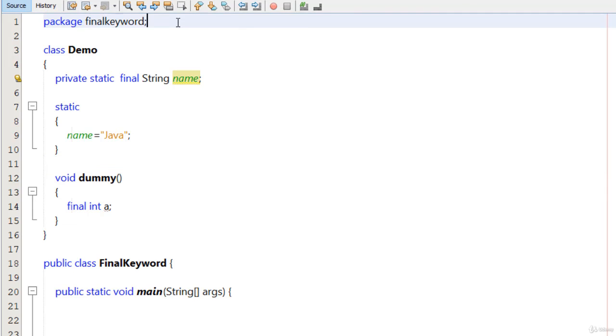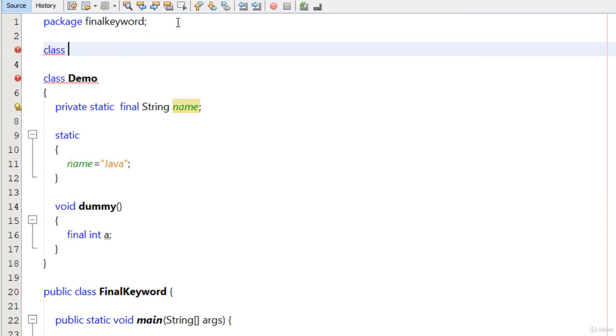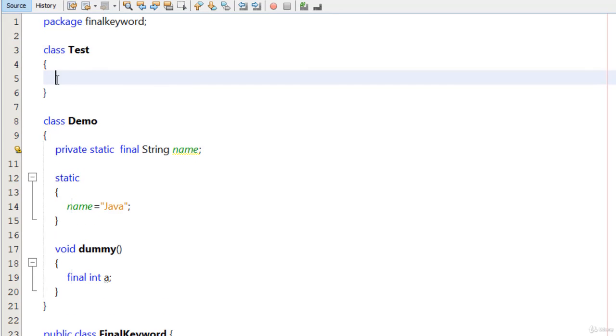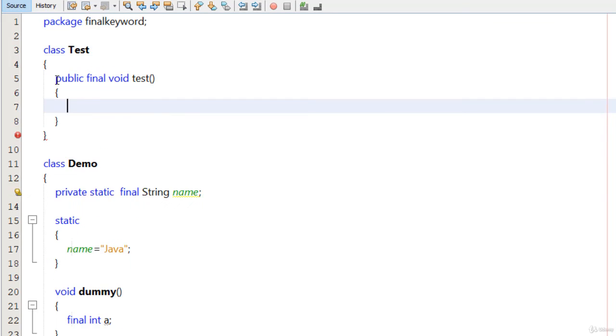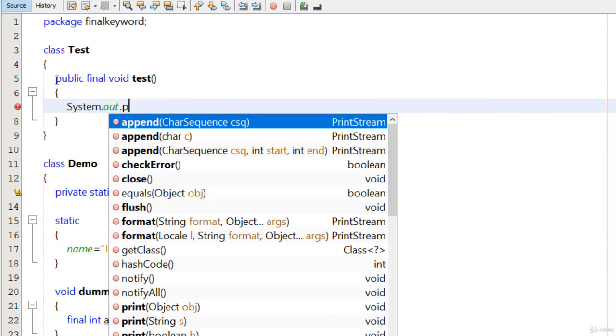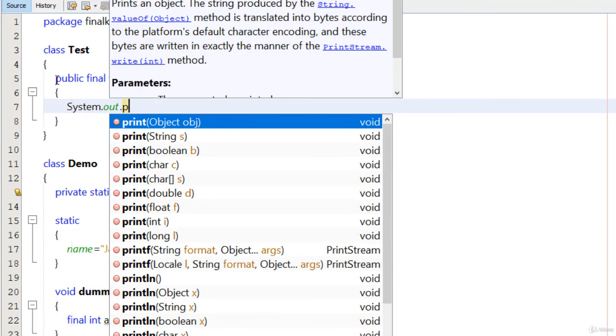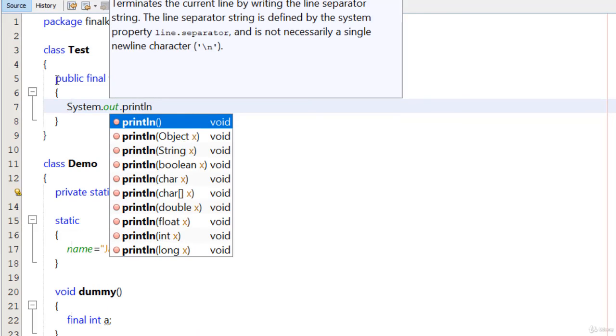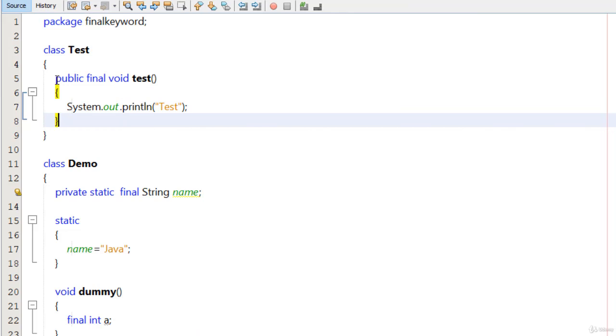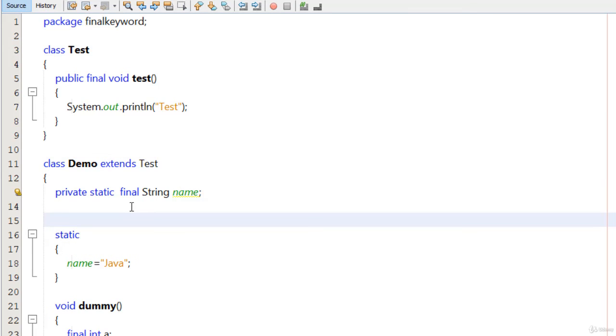So here I am going to create one more class, say, test, and now in this class I am going to create a method here. I type public final void test, and in this method I am going to type a single statement, System.out.println, and you can say here test. Okay, so now this method is final, and if I extend this class, like extends test, and I type here public void test,